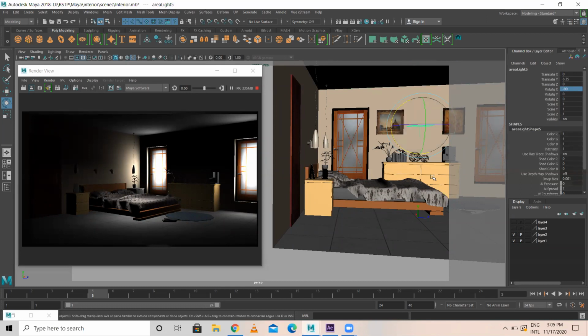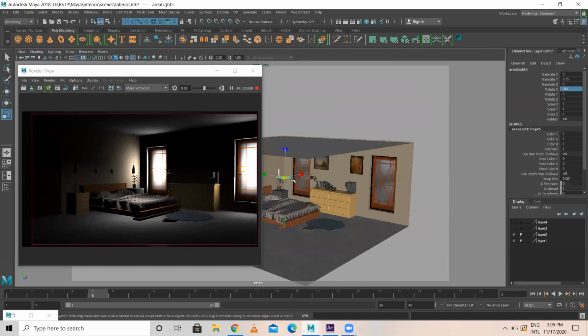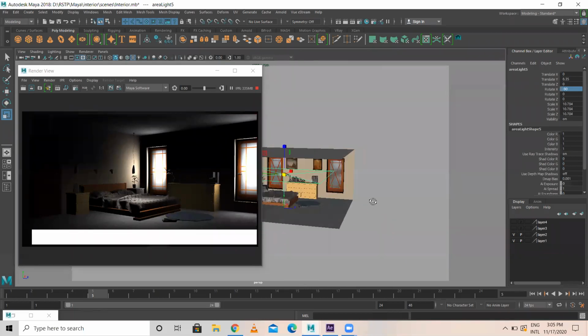Okay, just a minute. Okay, after this, I'll be scaling this light like this.